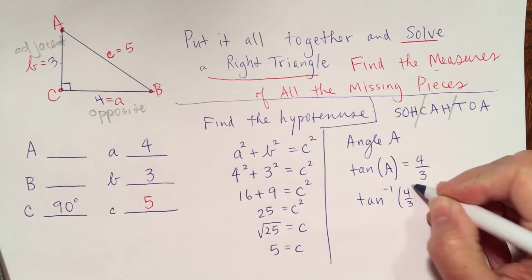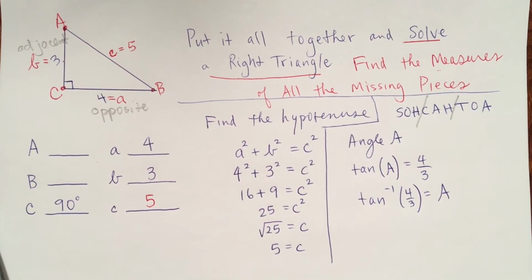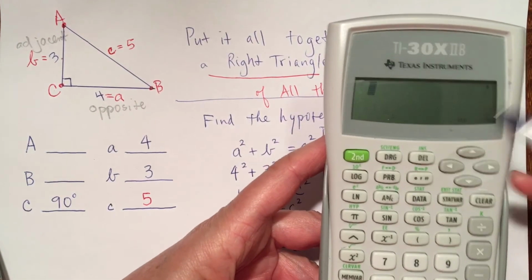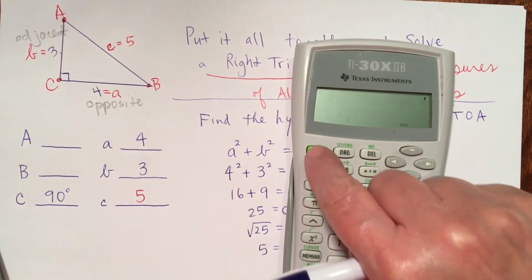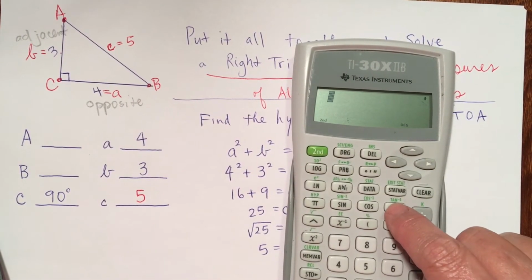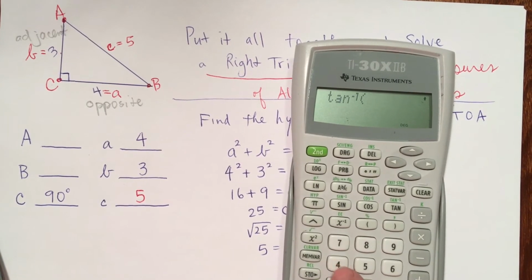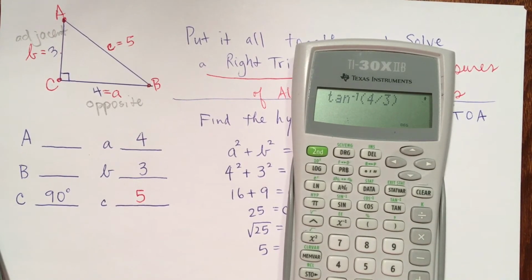Inverse tangent of 4/3 equals angle A. I'm going to type that into my calculator. My calculator is in degrees, so I'm good there. Second tangent to do inverse tangent, and the ratio was 4 divided by 3, close parentheses, press equals,